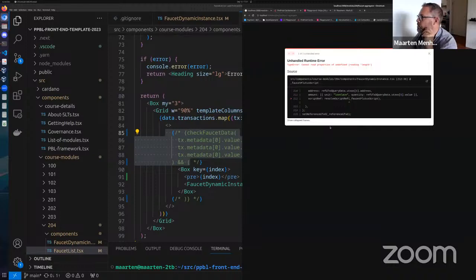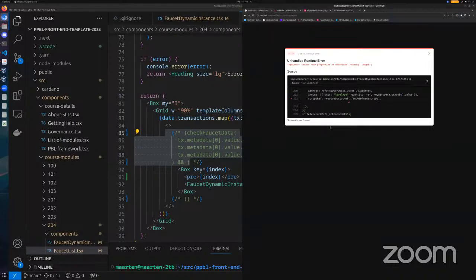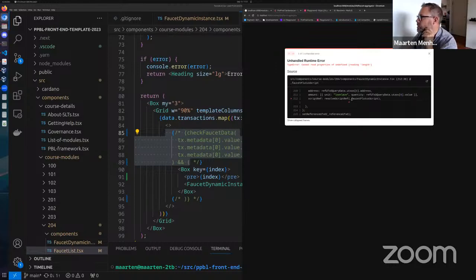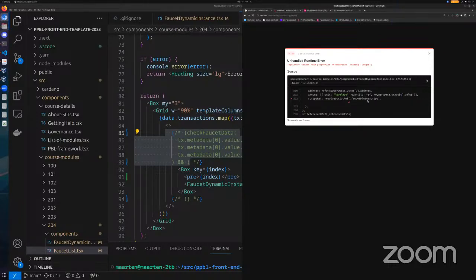Did everybody see that? Then it says, okay, there's a problem. There's also a line reference to where that's happening. It's in the file you were just looking at, on line 212.